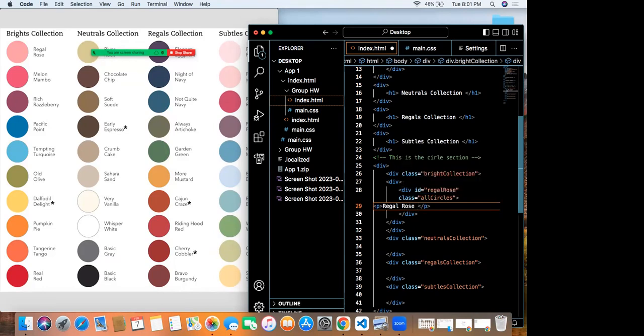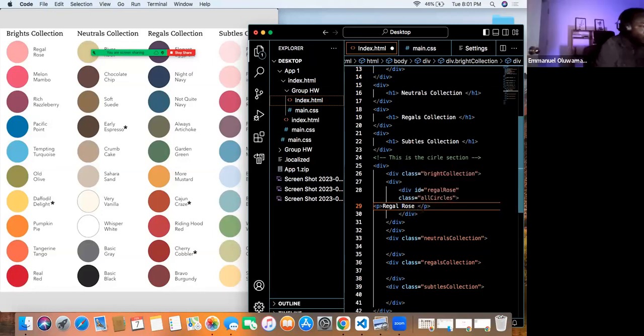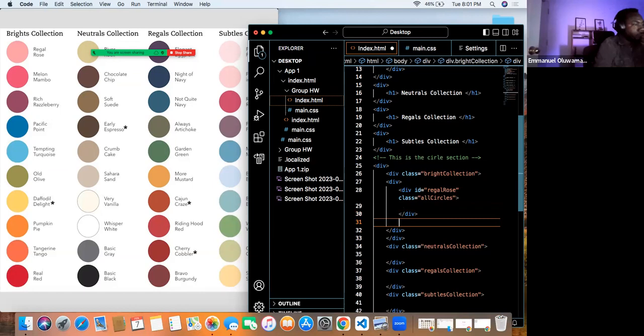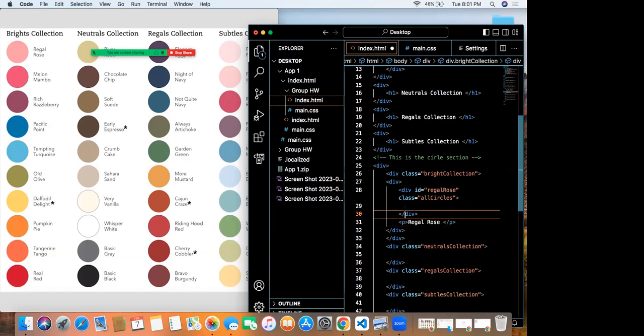Can you say line numbers? After line 30. So cut line 29 and have it after line 30. You said put it outside of 30, like here, right? Exactly.